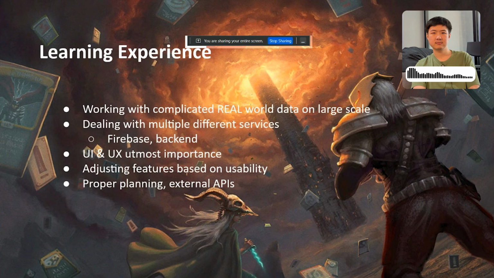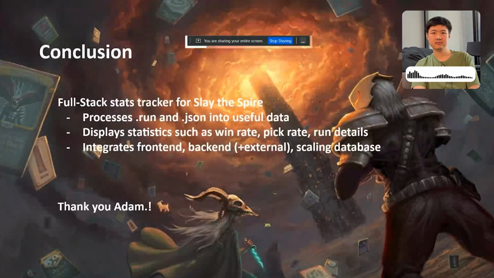This planning also goes into the external API that I used, because I had a bit of trouble before even using it. There was some issue and I had to use a backup, a different one. So this really taught me that planning the architecture of your site or app before you even code it is really, really important and will save you and your team a lot of time. So, for conclusion,